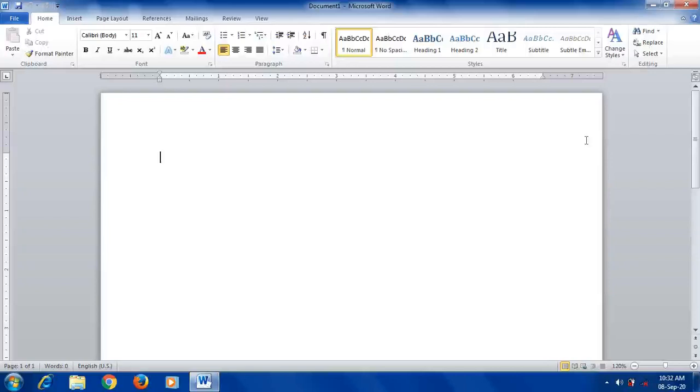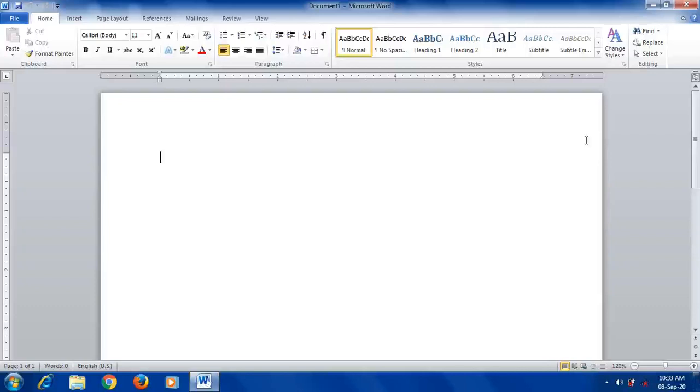Microsoft Word is a word processing software. As we use a notebook to write words and sentences, in the same way we can use MS Word to type the text on a computer. We all are using notebooks for writing, and we are keeping them. In the same way, in a computer, if you want to write something, you can use this software. This is good software for editing, formatting and all.